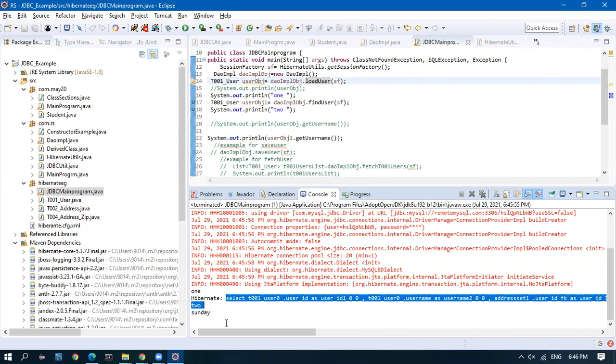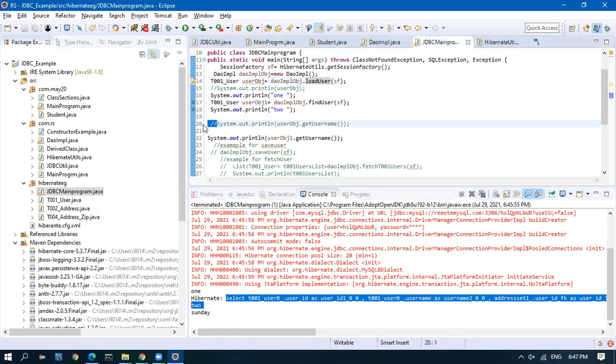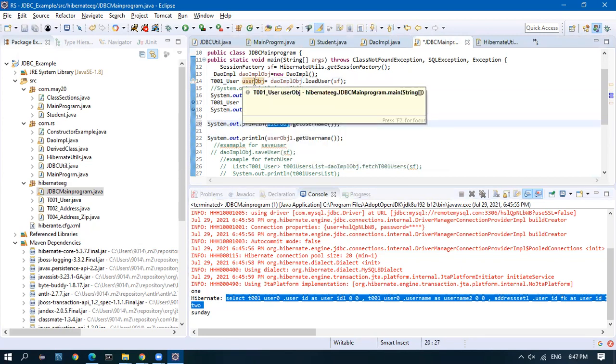So Hibernate does not hit the database unless the user tries to access the result. That is why here when I try to retrieve a value from the result, which is the result from the load, immediately it detects that someone is trying to access the result.